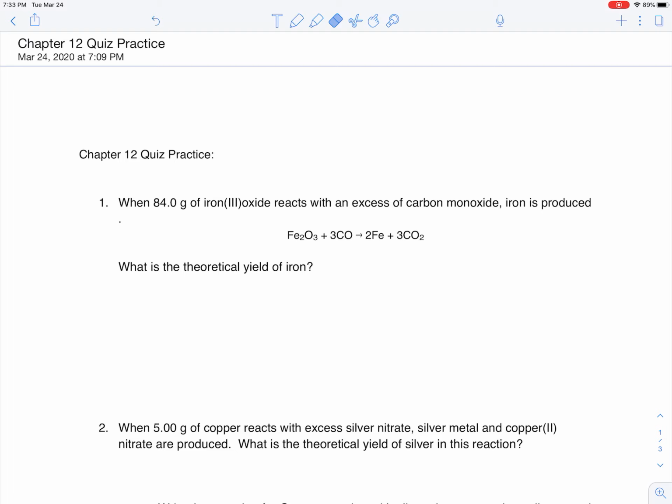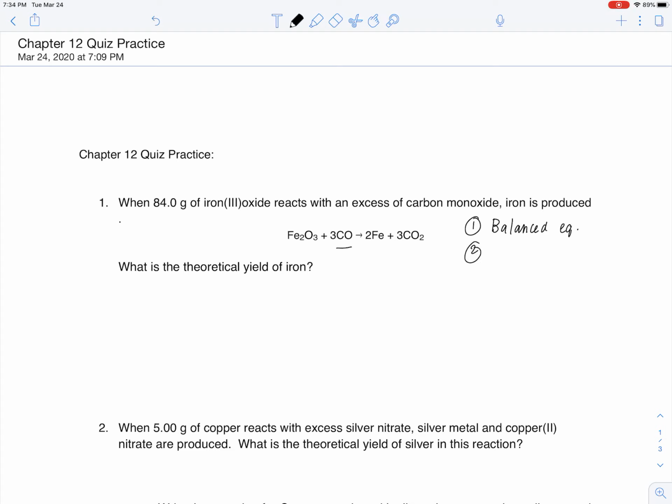So in problem 1, we have: when 84 grams of iron(III) oxide reacts with an excess of carbon monoxide, iron is produced. Make sure you have the right version of this, because in one of the versions I sent out, it was carbon dioxide on both sides, so it needs to have carbon monoxide right here. So our first step is a balanced equation,